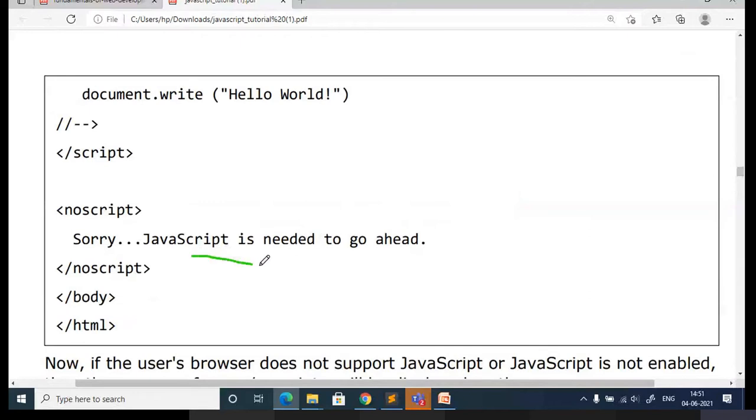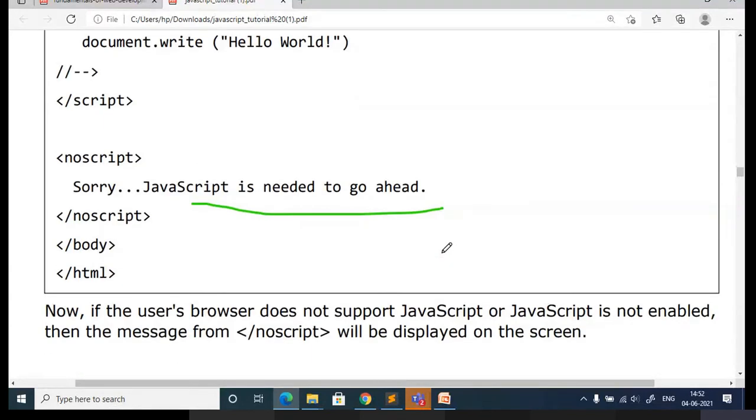If you get this message, that means your browser is not supporting JavaScript. Then you enable it back and run your program. In that case, it should not display this message. This message is displayed only if your browser is not supporting JavaScript.